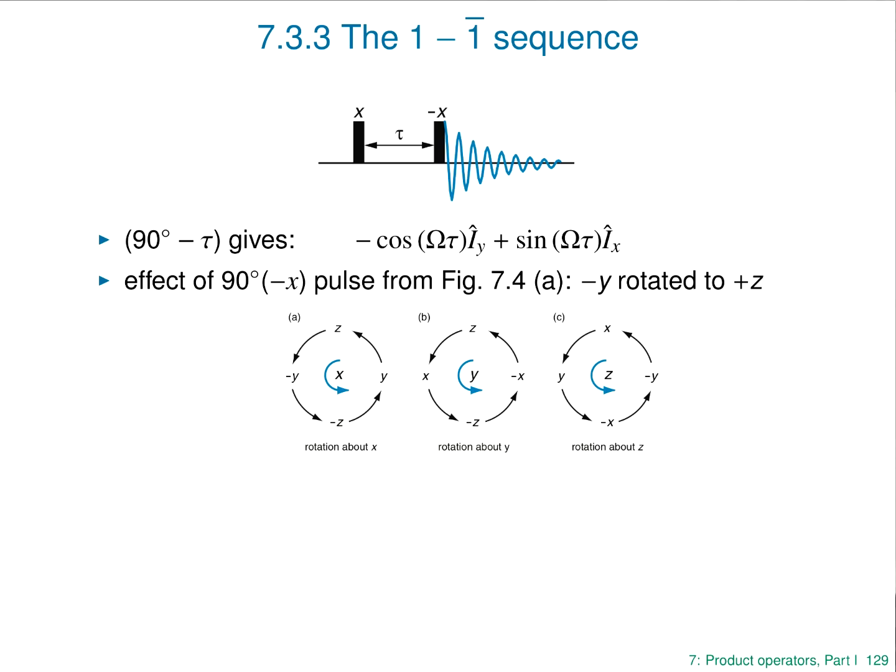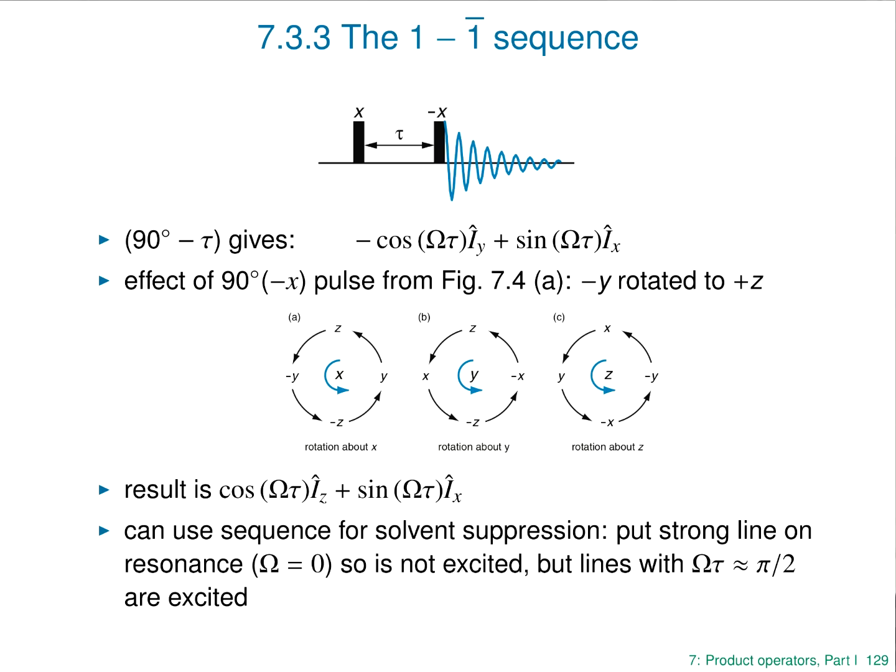Now, you can just read that off the diagram, because of course if you're doing a 90-degree pulse, you just go one click round the diagram. And the result is that the magnetization has a cos omega tau term on Iz and a sine omega tau term on Ix. And in fact, this pulse sequence has been used for exciting signals in the presence of a